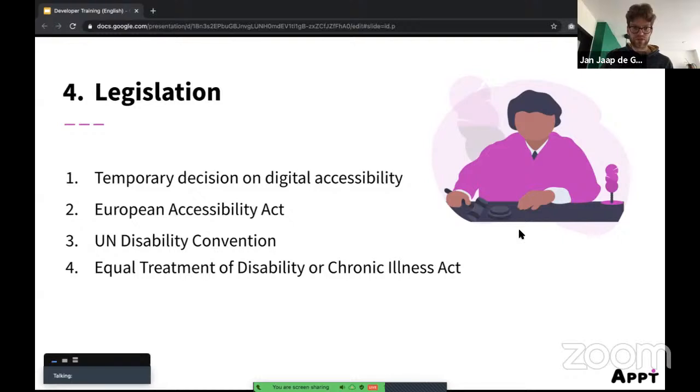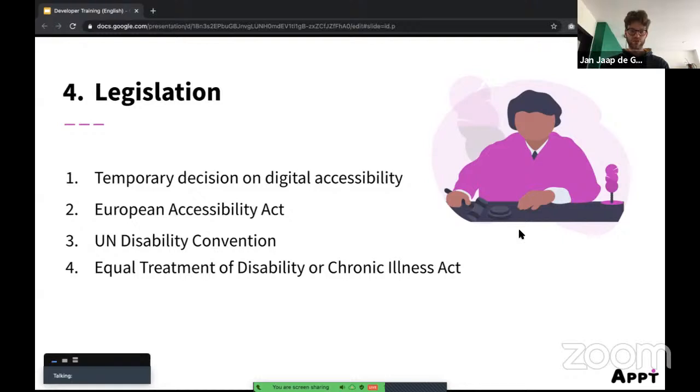So there's still a couple of years to go. Also not sure yet, when is an app accessible? Is it going to use the same guidelines or maybe different guidelines? Not sure, but 2025, it's coming. So if you're developing a new app or building a new version of your app, make sure to make it accessible, because in 2025 it needs to be accessible. The earlier you start, the easier it is and also the cheaper it is in development hours.